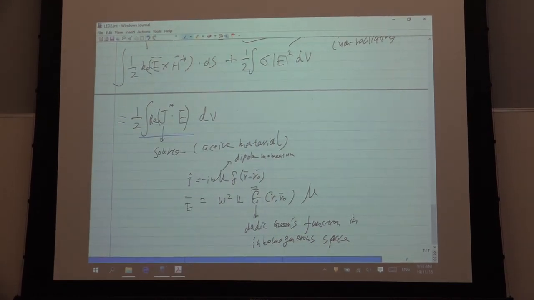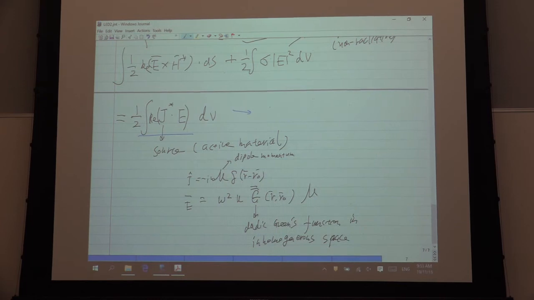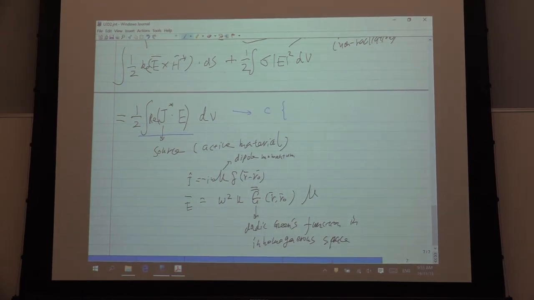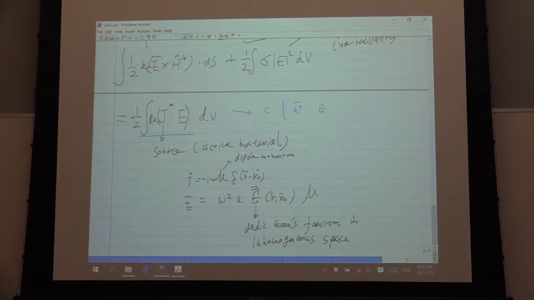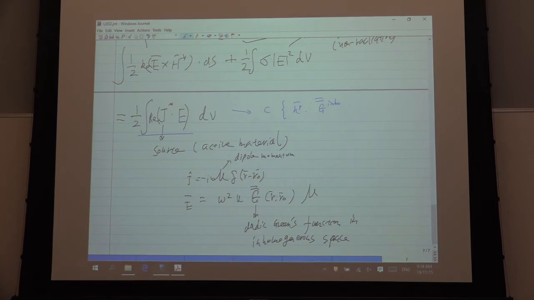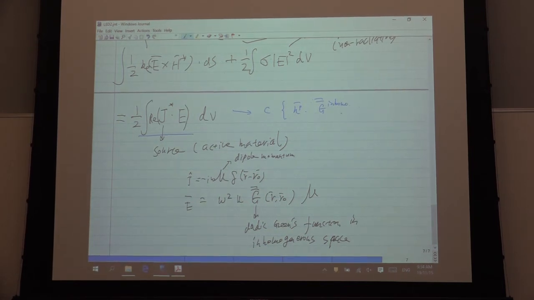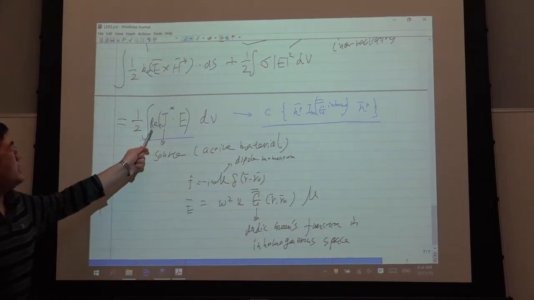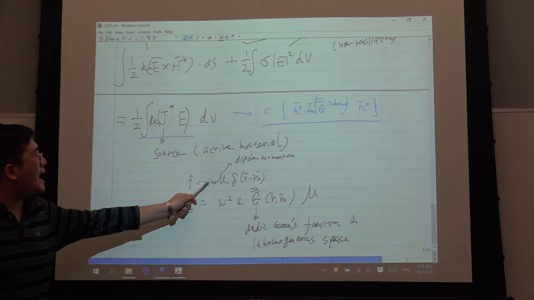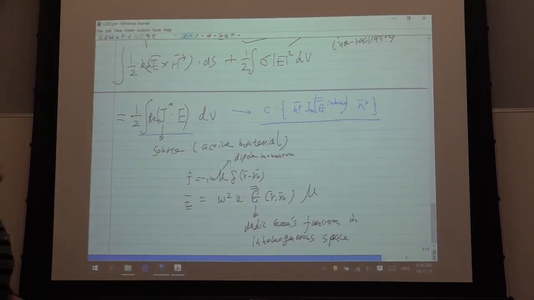So finally, we get this very famous equation. It has some constant C, which I just ignore. N is the polarization direction, and the Green function in the inhomogeneous space, N dot G dot N. And the imaginary part, sorry, this is the imaginary part. There's a reason why we have the imaginary Green function: because it has i here. Initially it had a real part, but because of the i here, finally we get the imaginary Green function.